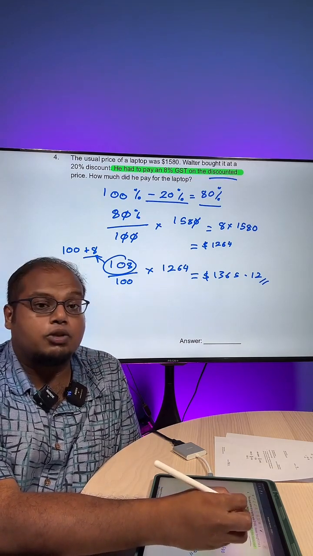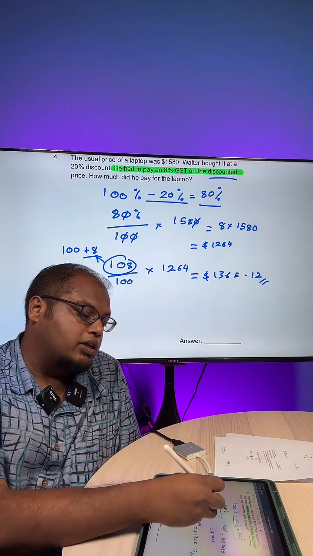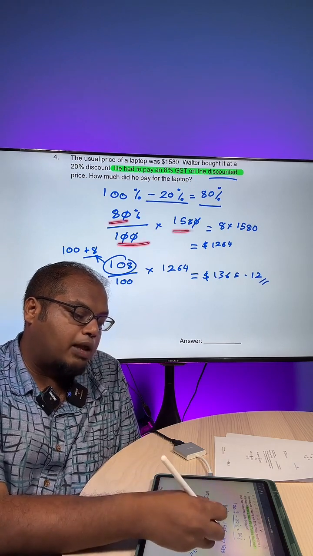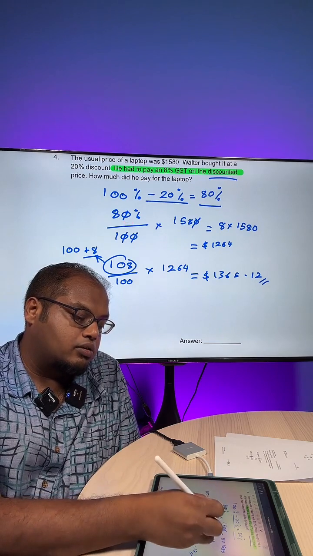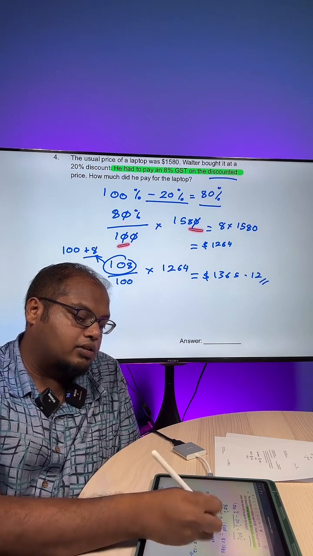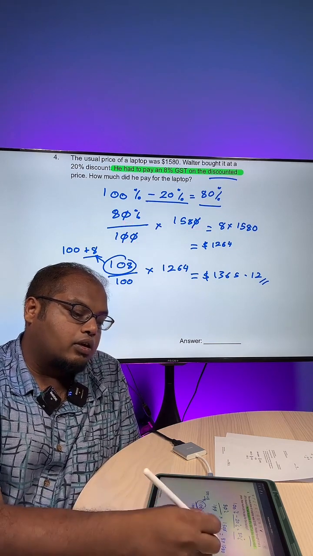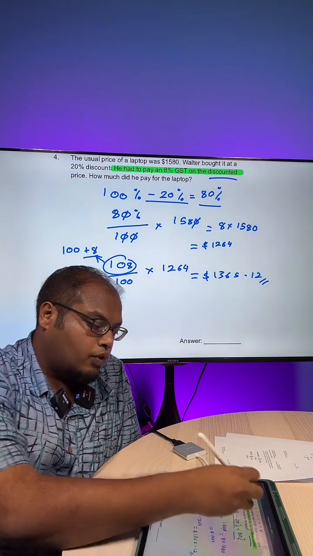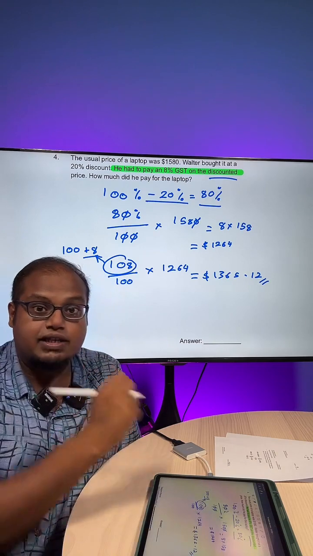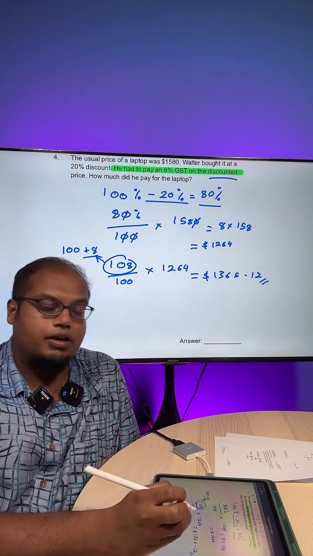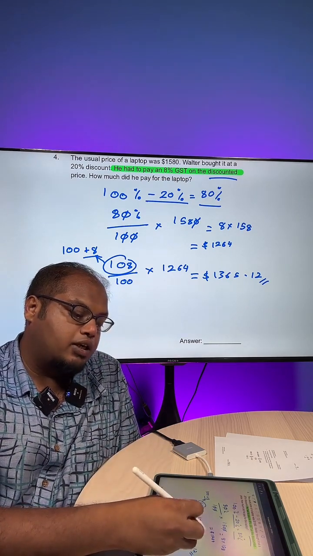So we need to find the discounted price. That's why we do this: 80 over 100 multiplied by 1,580. I cancel this and this, cancel this and this. Then I got, wait, there's an additional 0 here, don't need. Just 8 times 158, which gave me